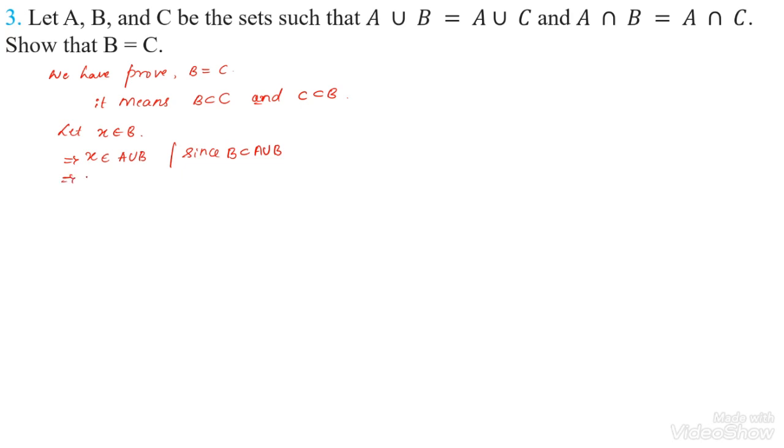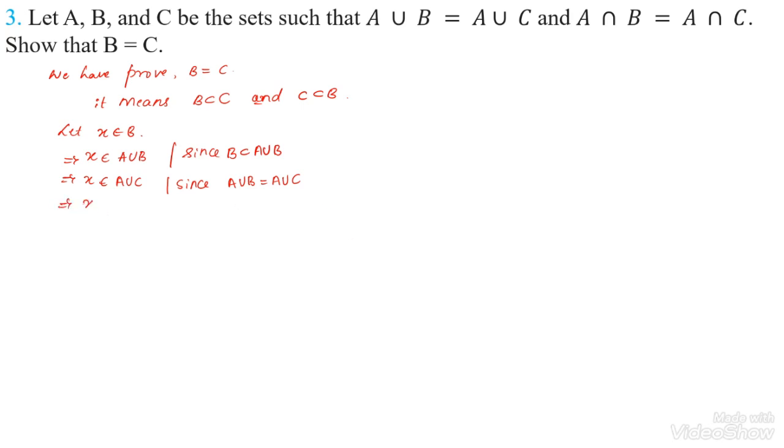Then X belongs to A union C. Since A union B is equal to A union C, and we already know that B is equal to C, in place of C I will take that C is also a subset of A union B. That's why I have to take A union B is equal to A union C. According to this one, I have to write here